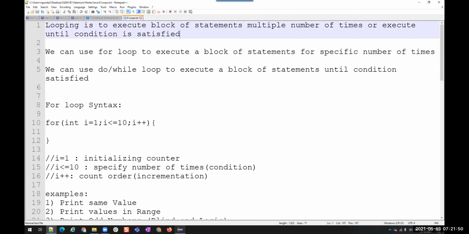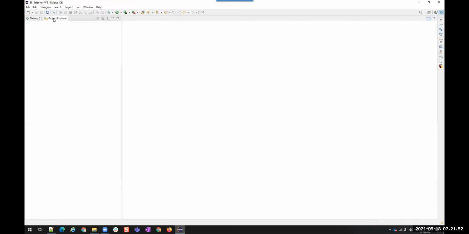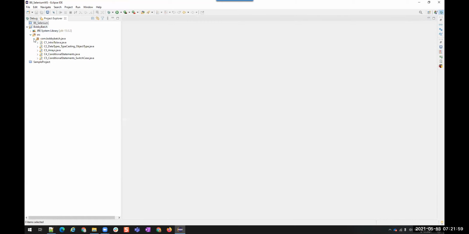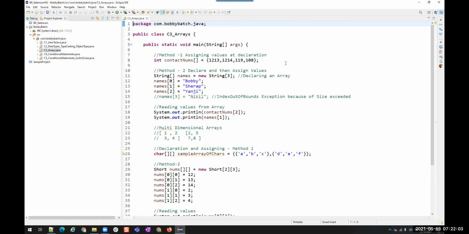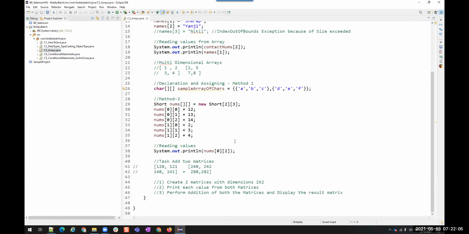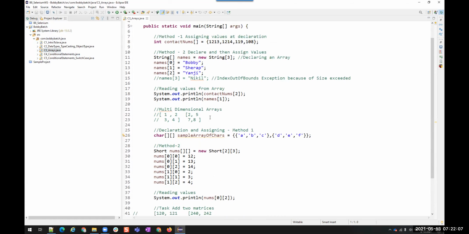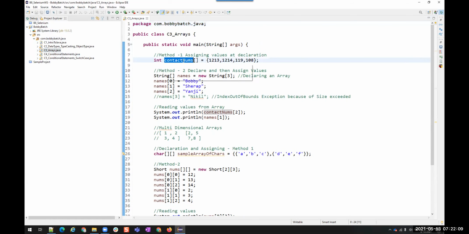For example, I'm going back to our arrays session to show what repeated statements are. In this array, if I want to print all the values, here we printed one value using one index.